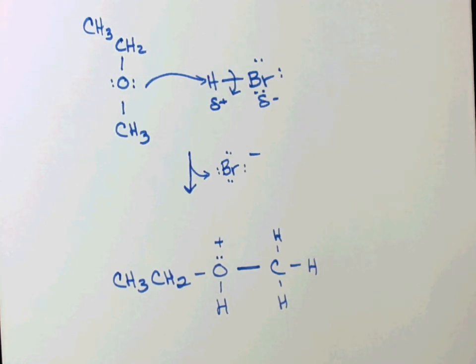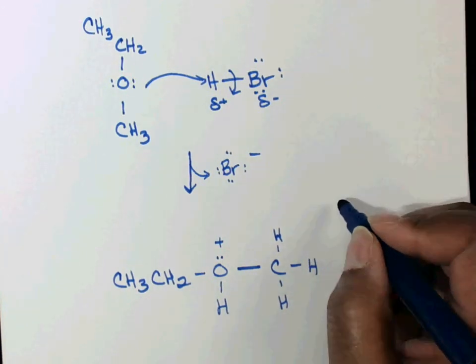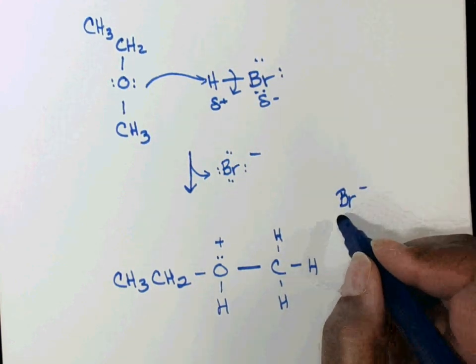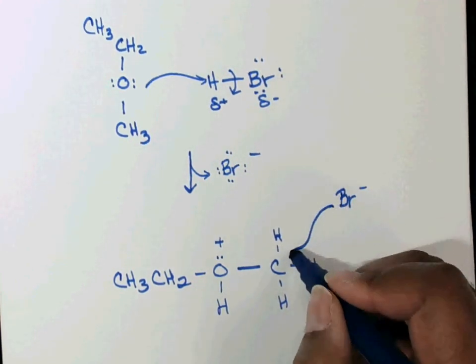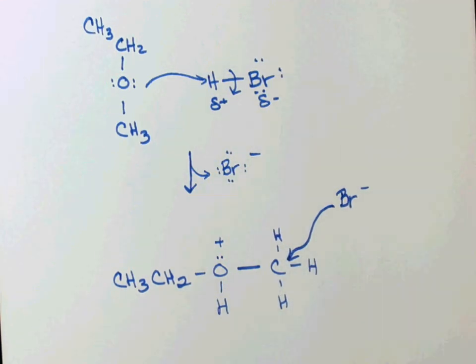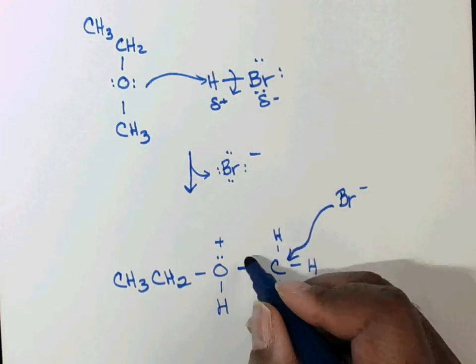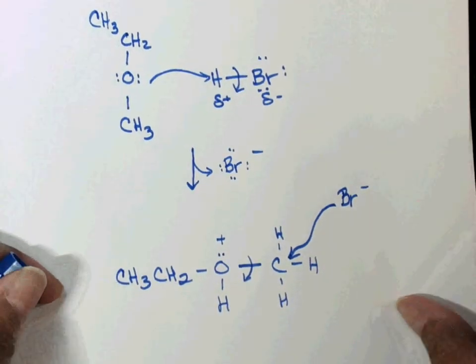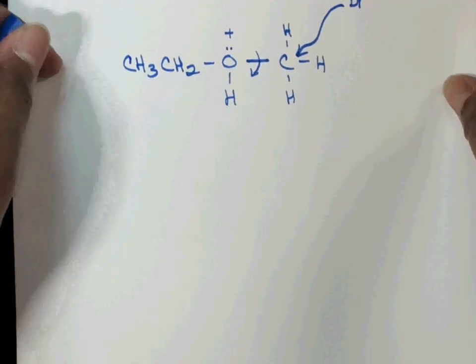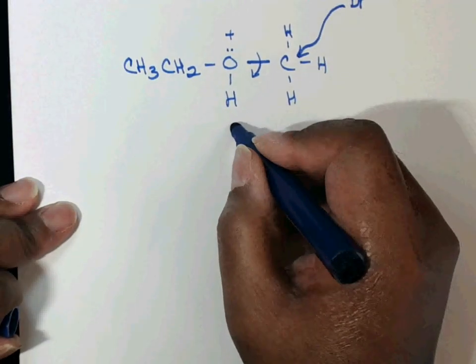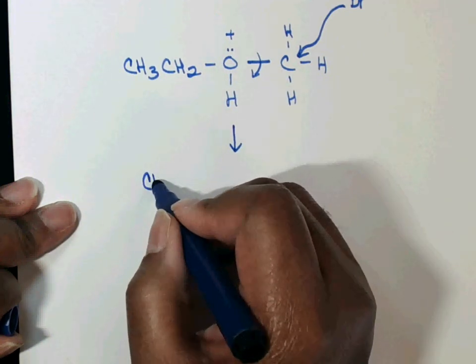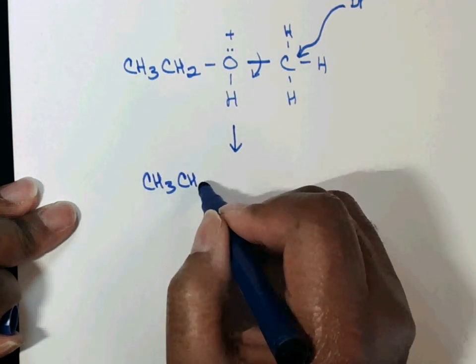I've got something that's somewhere in between. But here's what's going to happen. The bromide, acting as a nucleophile, will come in, hit the carbon, and I'll get, look at this, ethanol